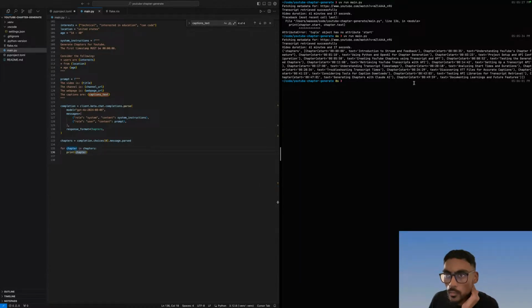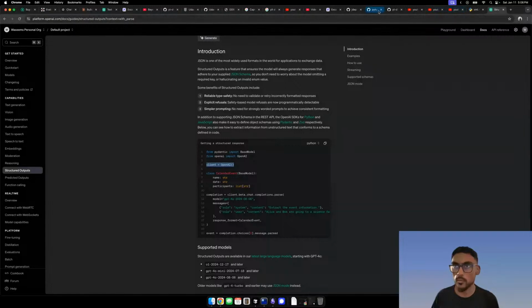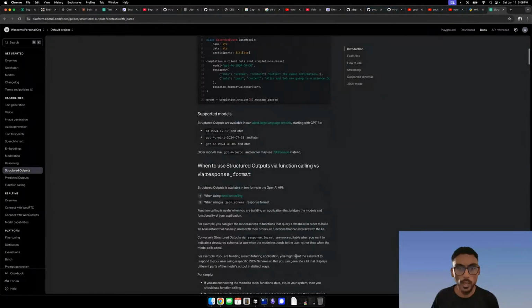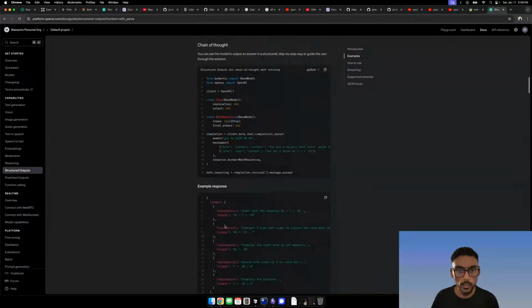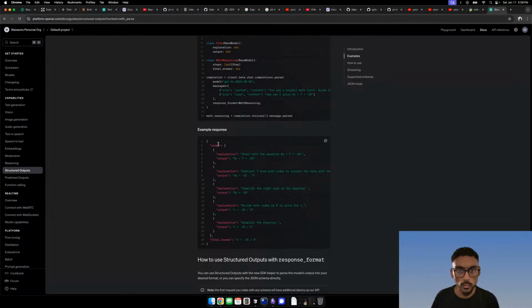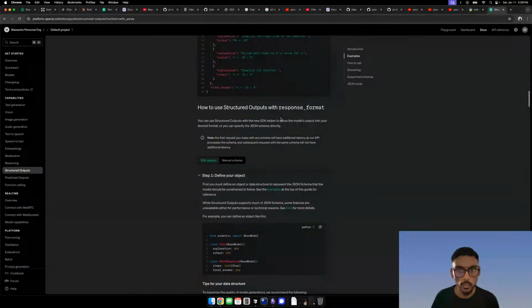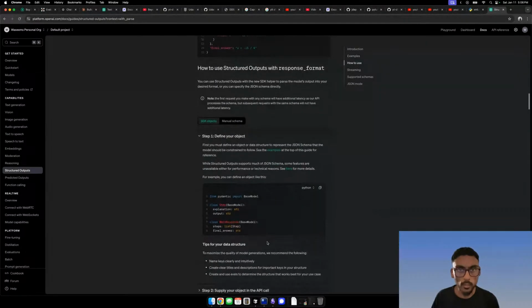I thought that this should respect the pydantic model, so we should be able to grab stuff from it, unless I am incorrect. How do you structure a response format?